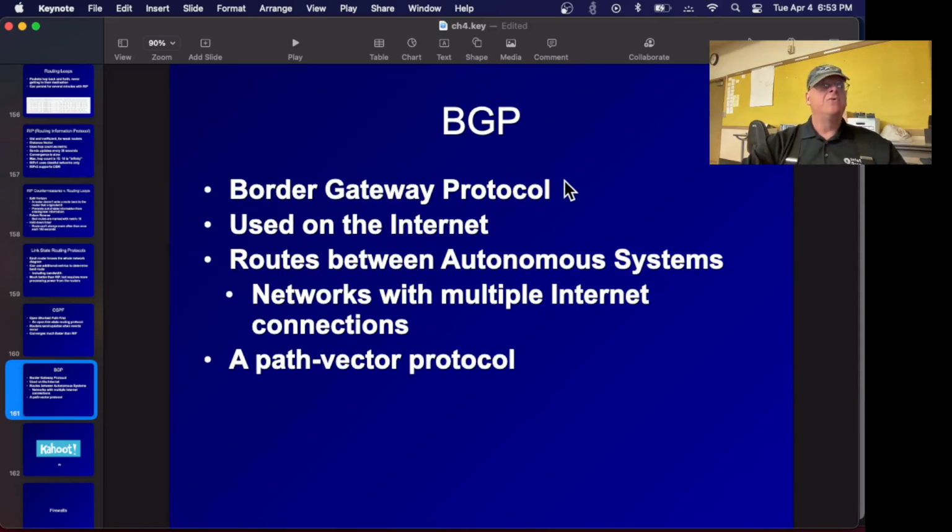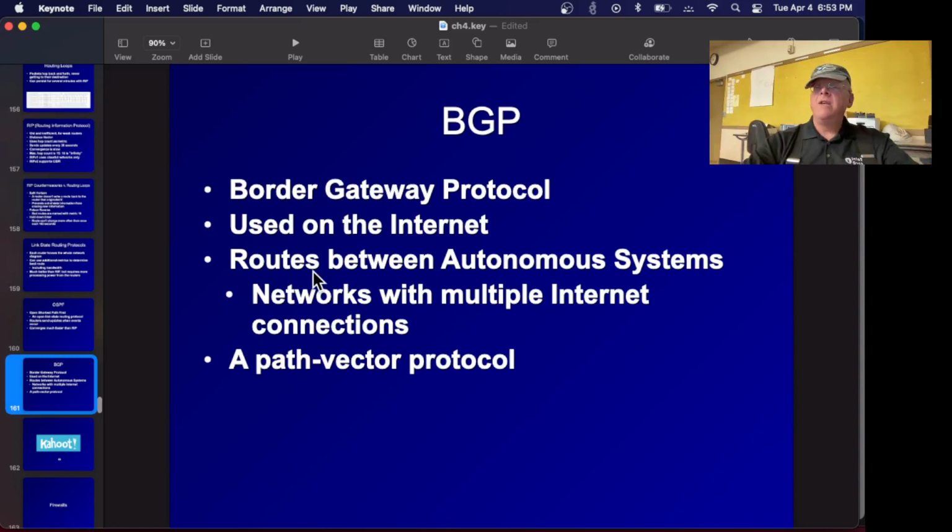Border Gateway Protocol is what's used on the internet, and this does not count hops, it counts autonomous systems, which are basically ISPs. Every large company that has a direct connection to the backbone gets an autonomous system number. So Cloudflare has one, City College does not have one. We're just a customer. Small businesses like this are just a customer of an ISP. But your ISP has an AS number, and so this decides how to move among company networks on the internet with Border Gateway Protocol. And it's considered quite difficult to set up.